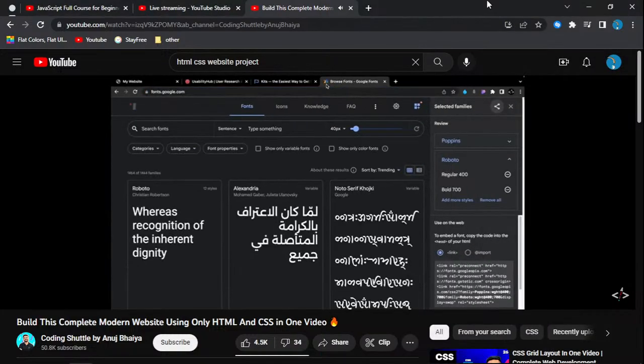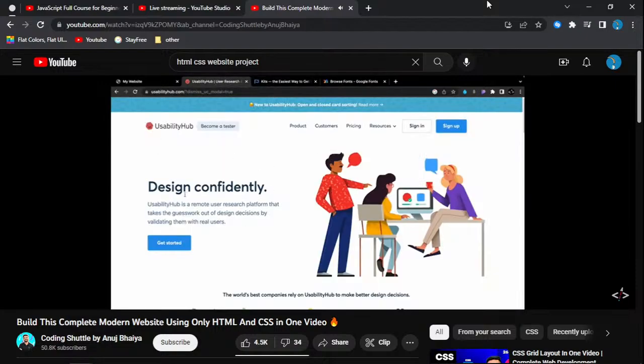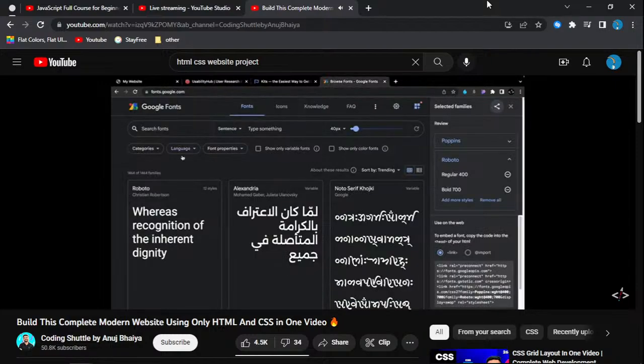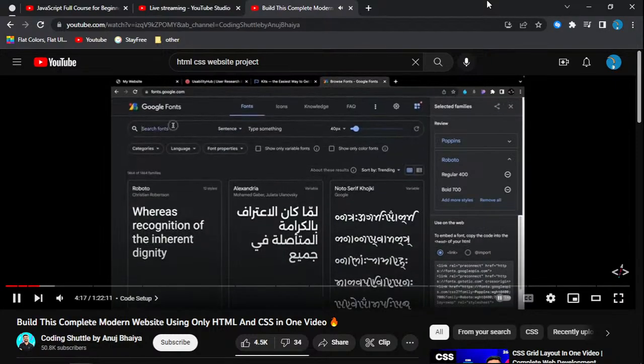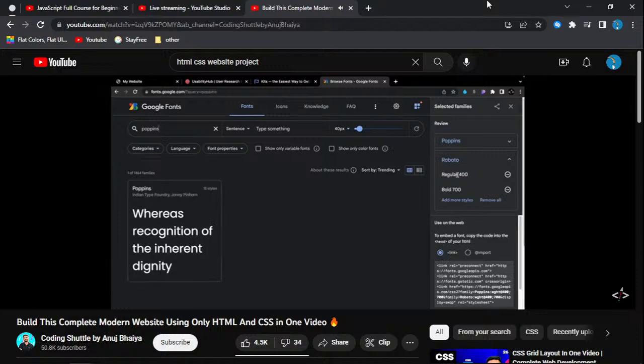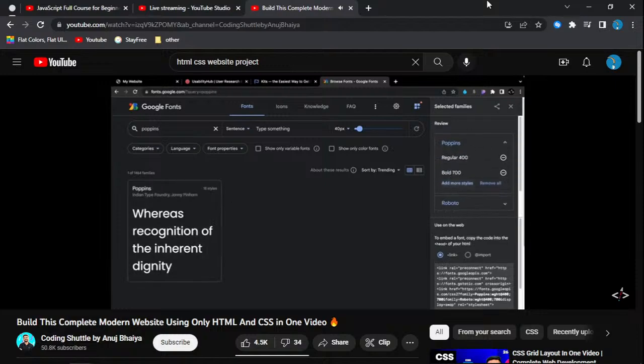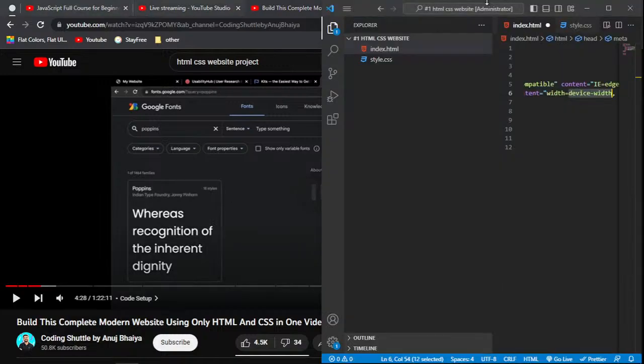लिए आएंगे fonts.google.com के अंदर, और यहाँ पर मैं दो टाइप के फॉन्ट यूज करने वाला हूँ। जितने भी मेरी हेडिंग्स हैं उनके अंदर हमारा पॉपिंस फॉन्ट यूज होगा, और जो भी मेरे पैराग्राफ्स हैं उनके अंदर रोबोटो फॉन्ट यूज होगा। तो ये फॉन्ट हम लिखाएंगे यहाँ से, तो आप सर्च कर सकते हैं, यहाँ पर हमारे पास रोबोटो फॉन्ट है, एंड हम सर्च कर सकते हैं पॉपिंस, तो हमें पॉपिंस फॉन्ट मिल जाएगा। इसका मैंने 400 और 700 वेरिएंट दोनों का सेलेक्ट कर लिया, तो 400 और 700, एंड देन रोबोटो का भी 400 एंड 700।